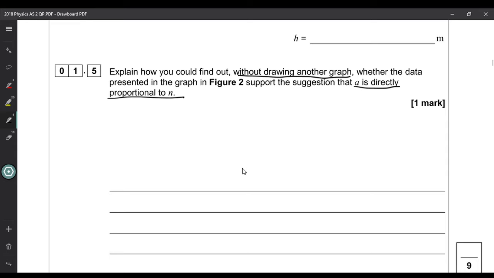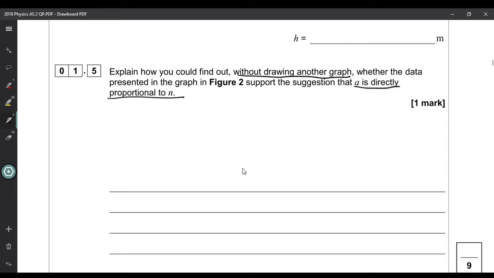Also, they didn't really appreciate the significance of that term directly proportional. So the common error was that they were thinking that a linear relationship was the same as directly proportional, and